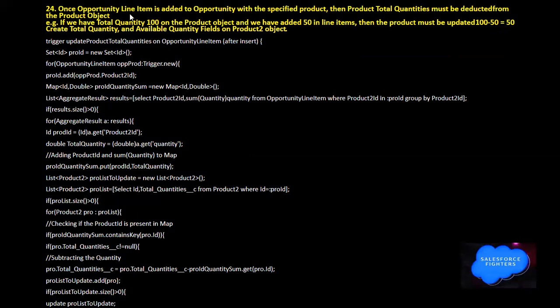Next question. Once an opportunity line item is added to the opportunity with a specified product, then the product's total quantity must be deducted from the product object. If we have a total quantity of 100 on the product object and we add 50 on line items, then the product must be updated with total quantity and available quantity fields on the product. Example,